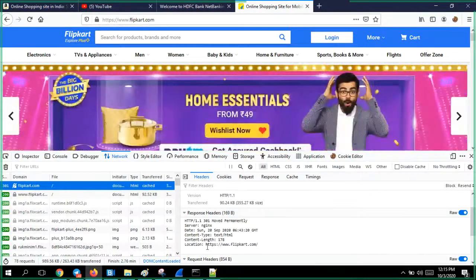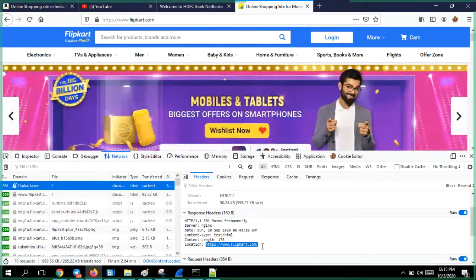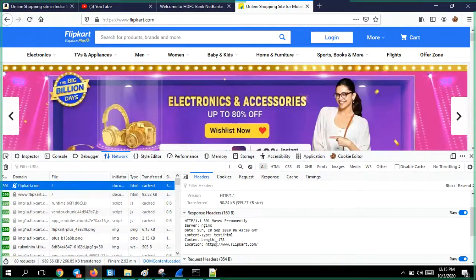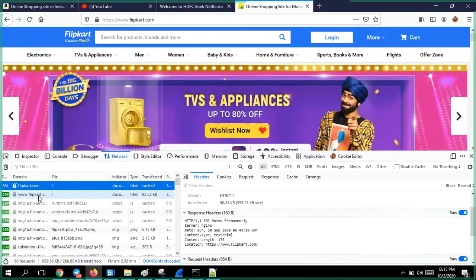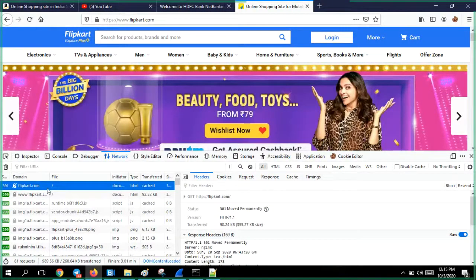This is the address which you have to use. You should not use flipkart.com, you should use HTTPS flipkart.com. That is the server telling you. Then what did it do immediately? 301, those are the numbers.